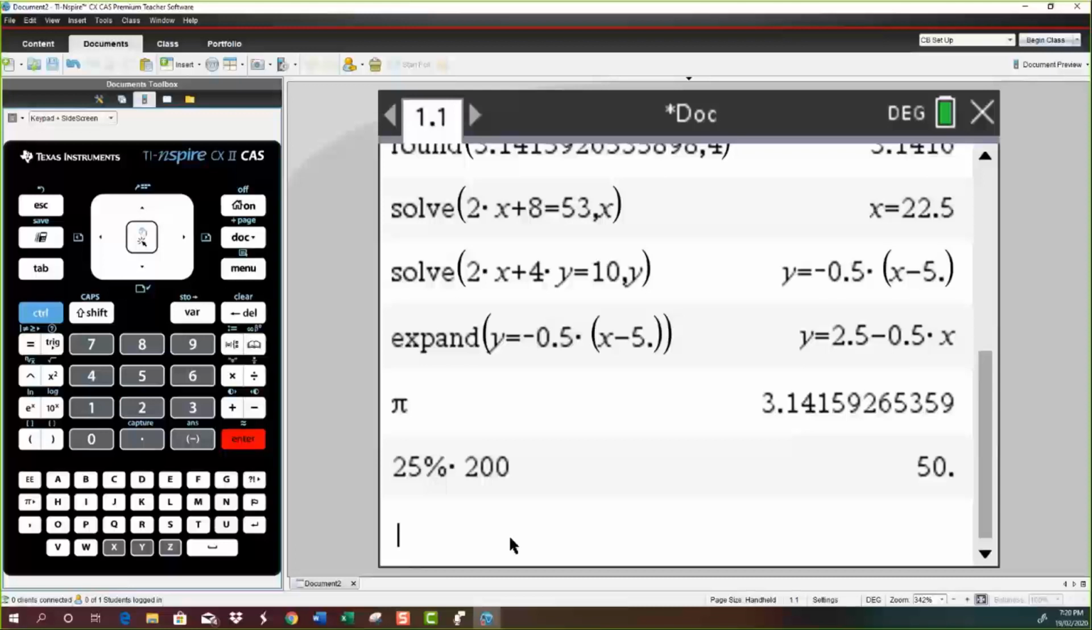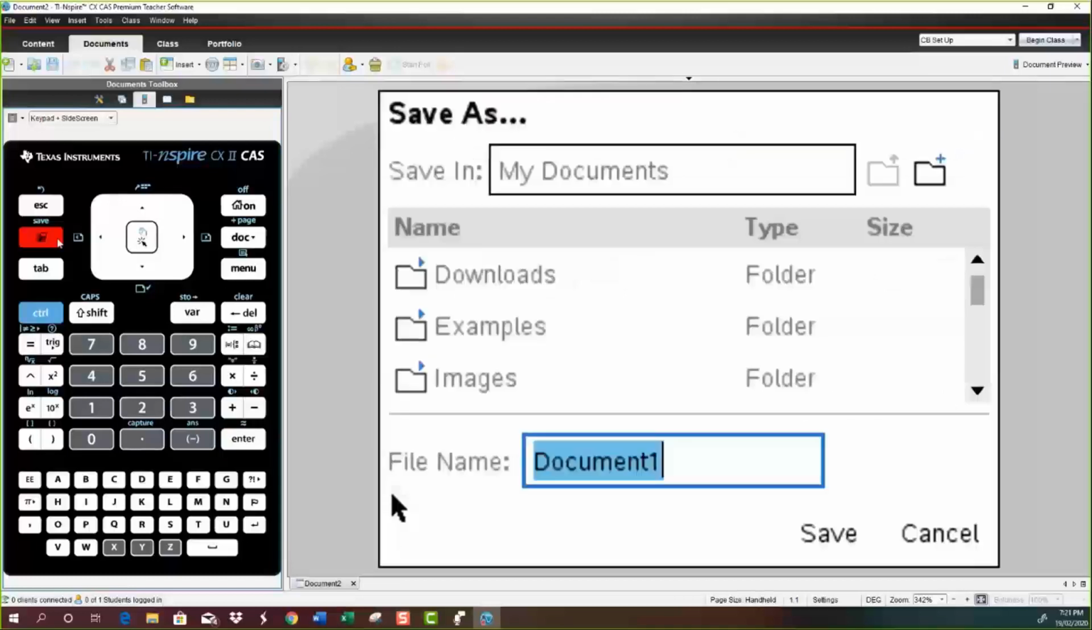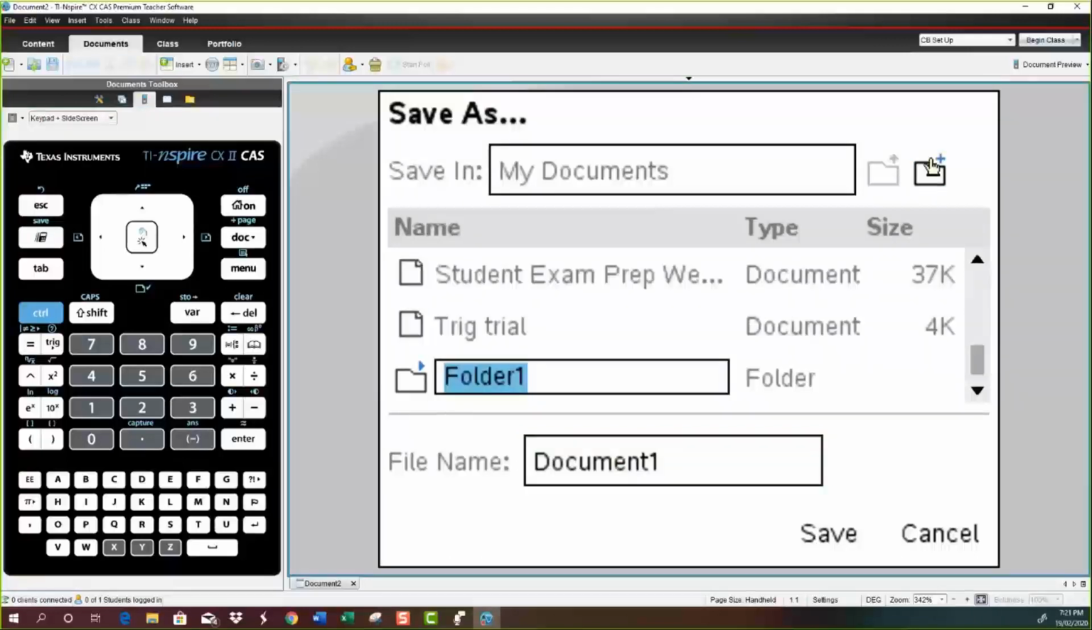Now, I've done some work here. I might want to actually save my file before I move on. So I'm going to show you how to save this. I'm going to press Control, Save, and see how it's saving in My Documents. That's what we want, but I'm going to save this into a folder. So I'm going to create a new folder under My Documents. I'm going to choose that. See on there, it says New Folder when you hover over it. And I'm going to call this